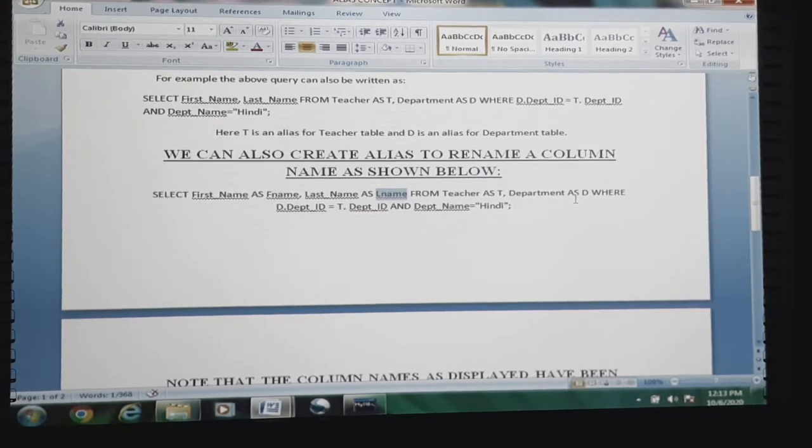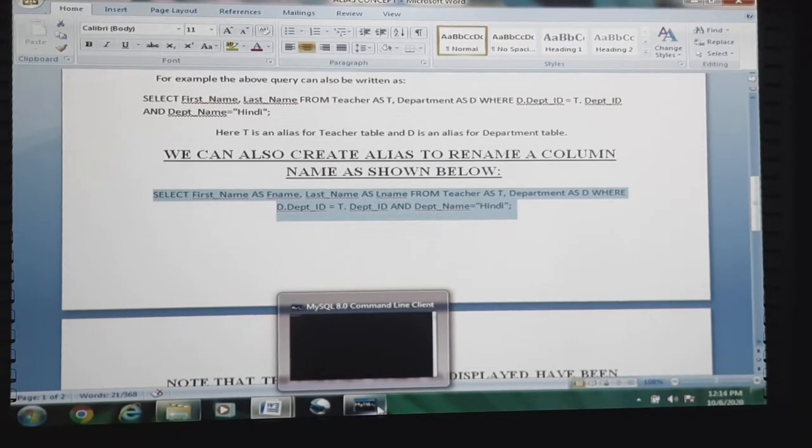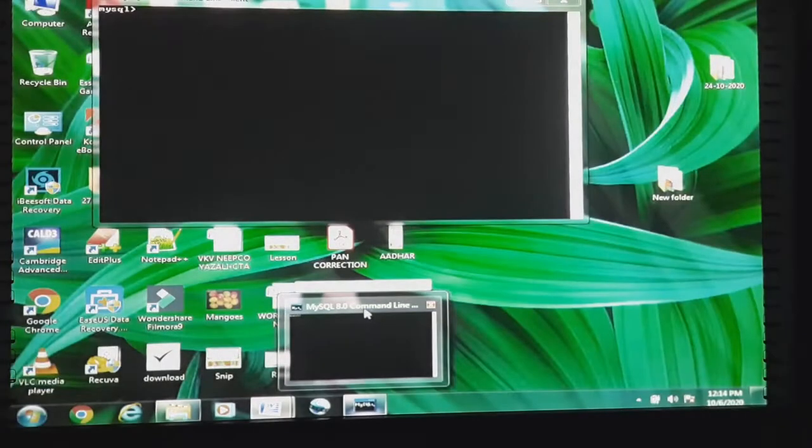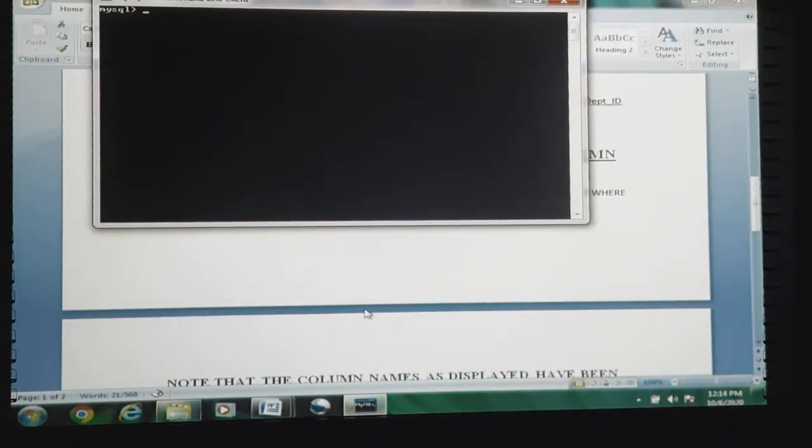So we will execute this query and then check how it happens. Department as D, where D dot department ID equal to T dot department ID and department name Hindi. The same query which I have demonstrated earlier is being used in order to perform the updation task.